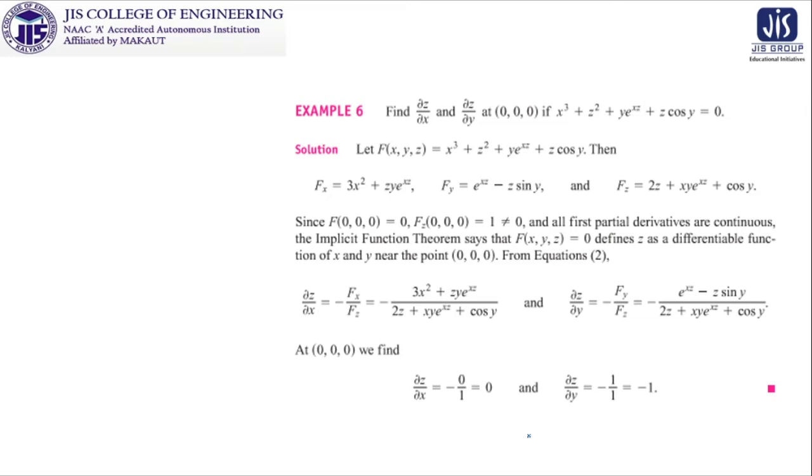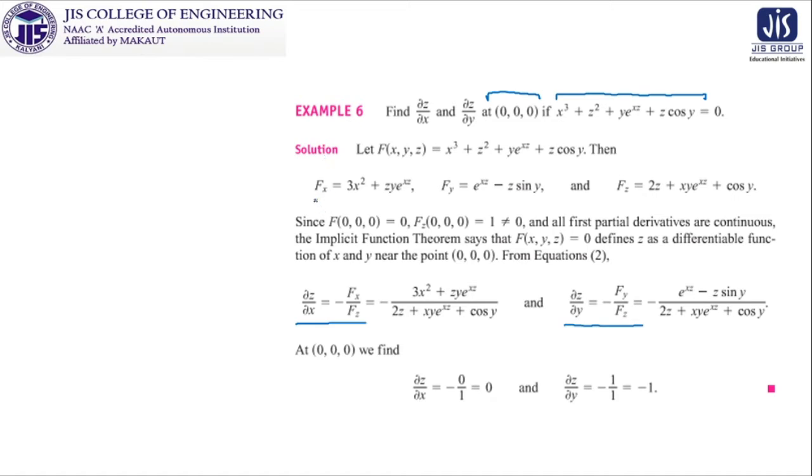So when we are trying to find out del z del x and del z del y, a point is specifically mentioned over here, that is (0, 0, 0), and the expression is given. So what to do? This is our f of x, y, z. This is mentioned here, f of x, y, z, and as our requirement is this one and this one, this relationship is known to us from the implicit function theorem.